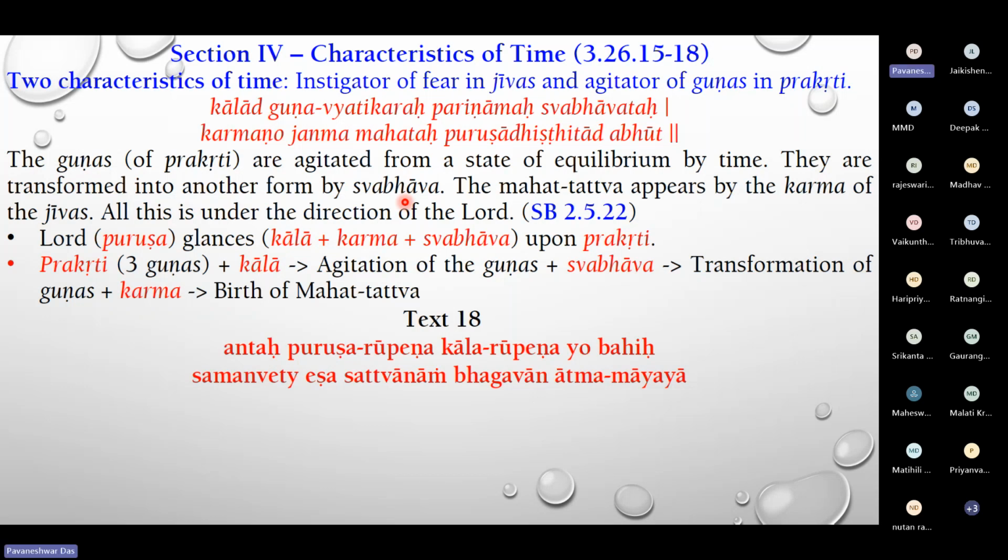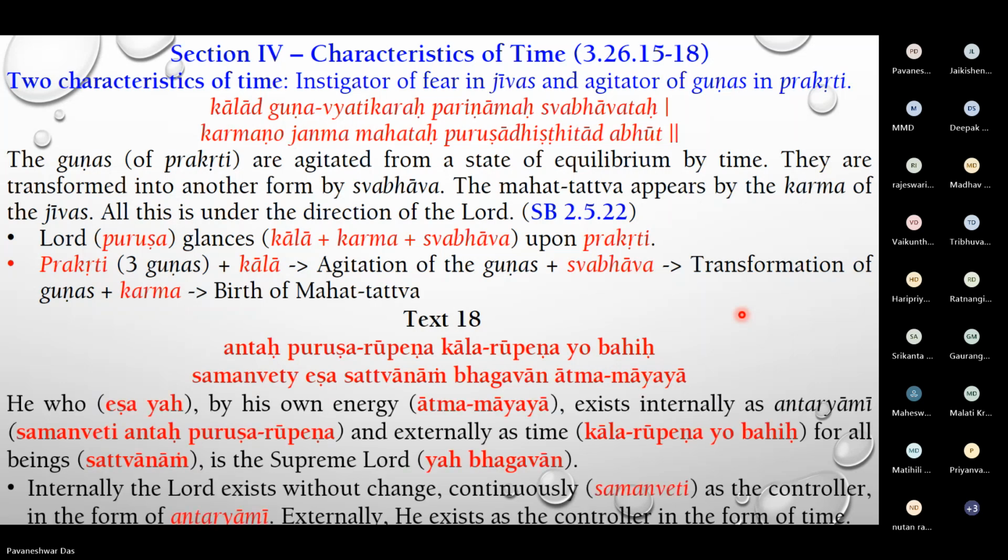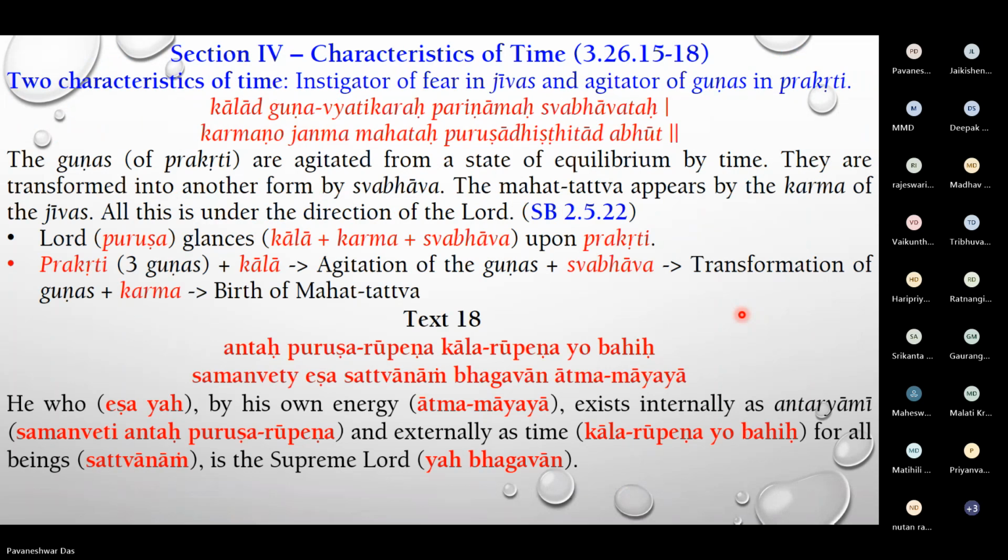So the last verse for today's discussion, 18th verse. Antah purusha rupena, kala rupena yo bahih, samanveti esha bhagavan atma mayaya. Is the translation? He who, by his own energy, exists internally as Antaryami and externally as time for all beings is the Supreme